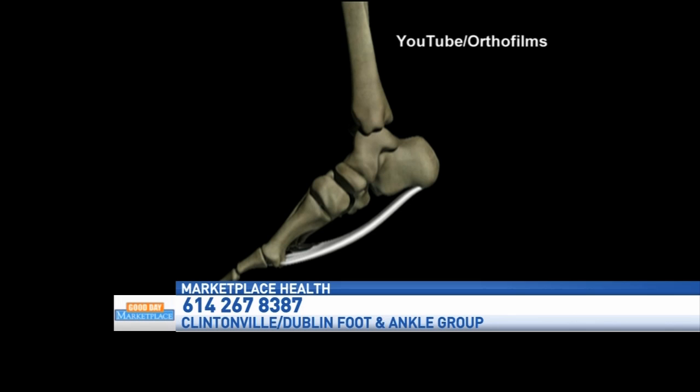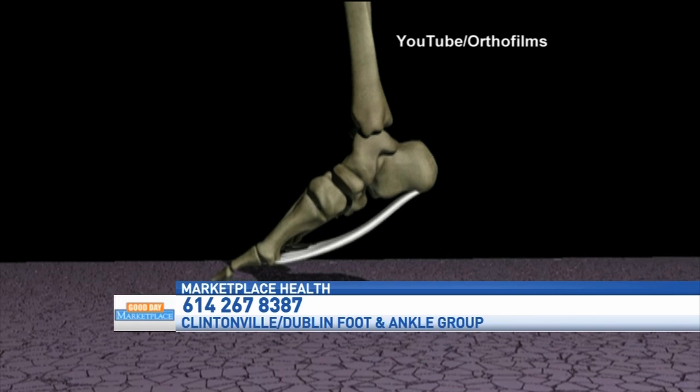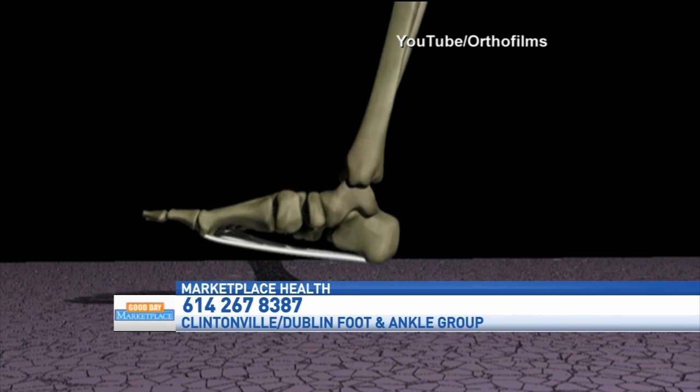Some of the most common things we see are plantar fasciitis or heel pain, Achilles tendonitis, stress fractures, bunions, hammer toes, flat feet, Sever's syndrome, which is more of an adolescent type of condition that we see a lot of. Let's talk about plantar fasciitis. What is that? It's the most common thing that we see from a heel pain standpoint,